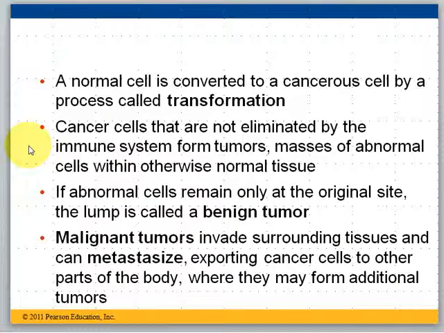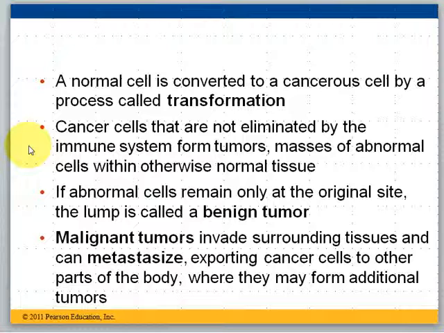When something goes wrong in a normal cell, either with the DNA replication process or in a variety of other ways, it could be an external problem like radiation that damages DNA. When normal cells convert to a cancerous cell, we call that transformation. And when this cell transformation happens, normally speaking, it gets caught by the body's immune system and taken care of. Most cancer cells are caught and destroyed by the immune system, but some escape detection, or reproduce so rapidly that the body can't get them under control.